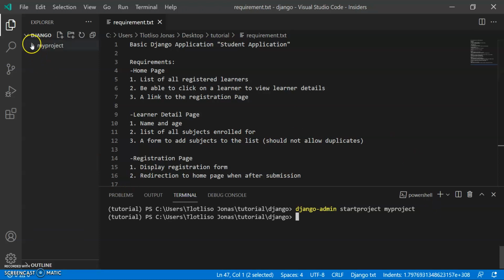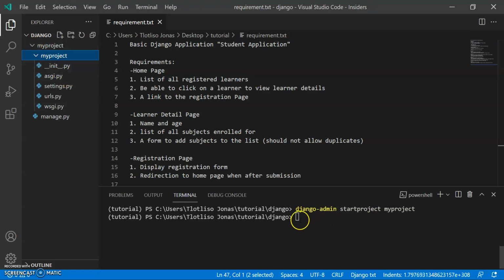So exactly like what I said, this is our Django project folder. And then if you open this folder, you will see we have another folder called myproject. This is the Python package of your project, and the reason we know that it's a Python package is because it has this __init__.py file, and then you have your settings.py. This is where you define the settings of your project, and you'll see how that works as we continue. You also have this manage.py, which is the command utility for Django. We'll be using that a lot to interact with the project to get Django to do different things on your project.